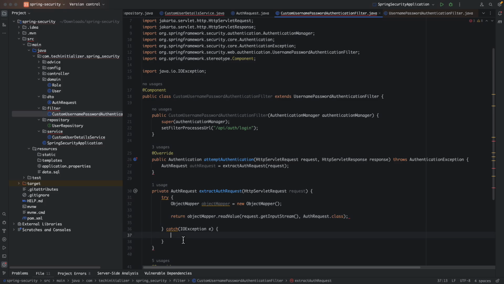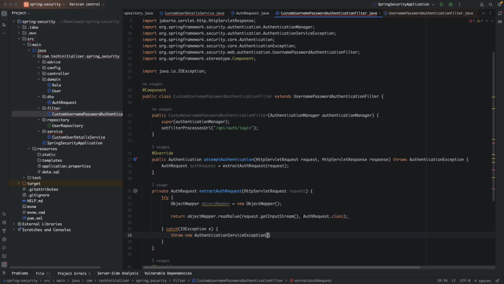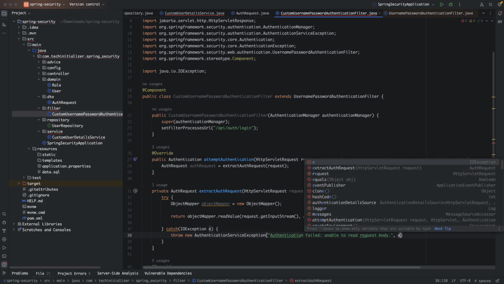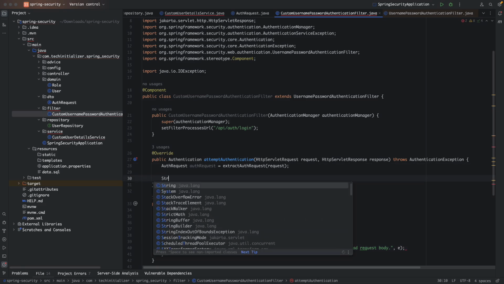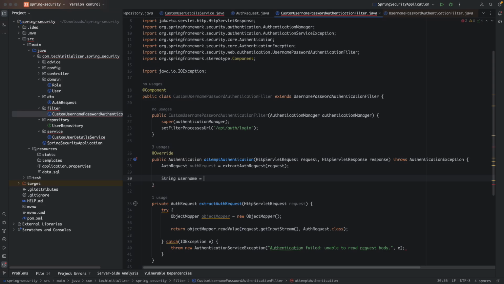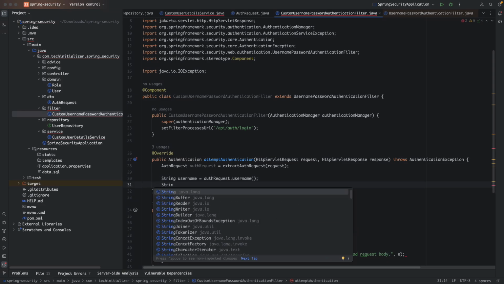If there is an exception, we will throw a new AuthenticationServiceException that says "Authentication failed, unable to read request body", and we will send the exception object here. Once we have extracted the auth request, we will get the username, authRequest.getUsername(), and the password,